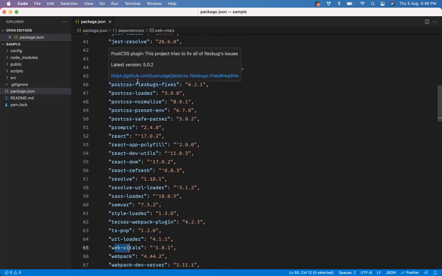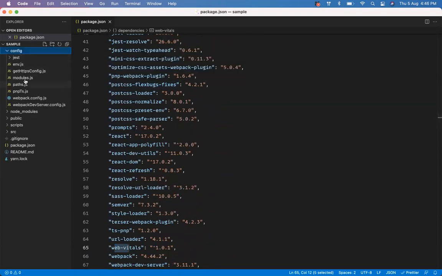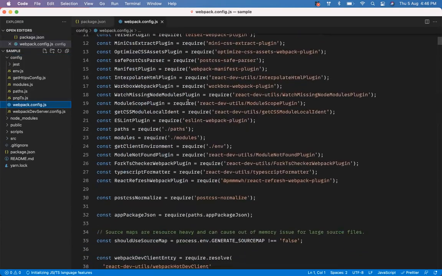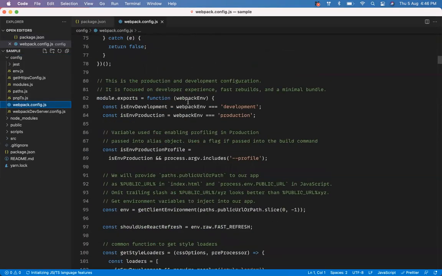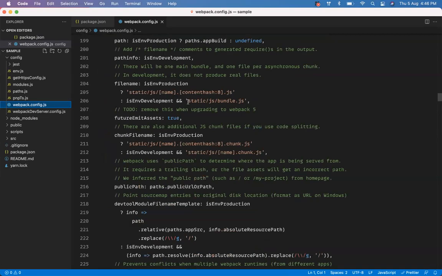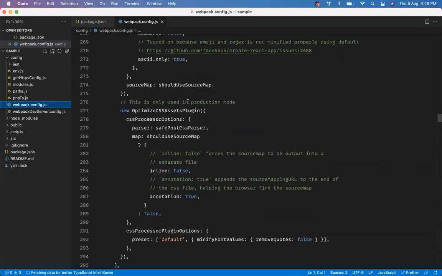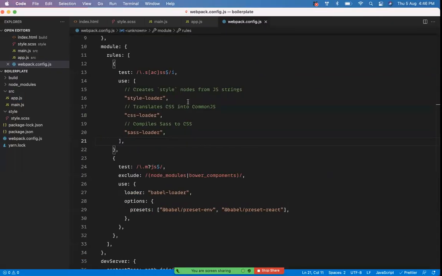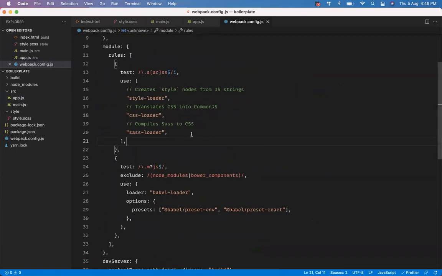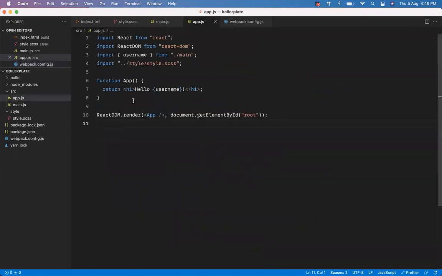All the things that we did here, they do it too, but they hide it from you, so you don't have to do it. But now if you look here, you will see they have a webpack config file. Do you see? They have a webpack config file, but it was hidden from you, so you don't have to care about it. But now because you have learned about it, you can just do this basic stuff here. So I have started writing my app here.